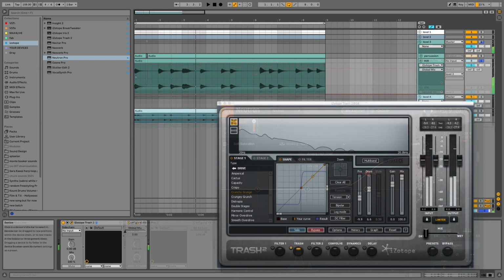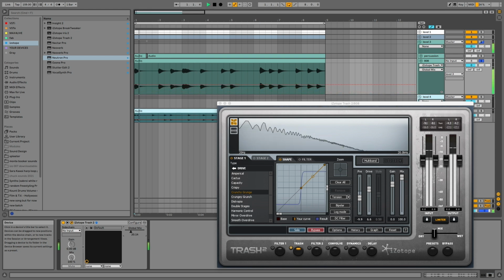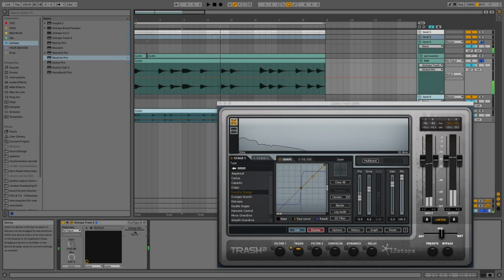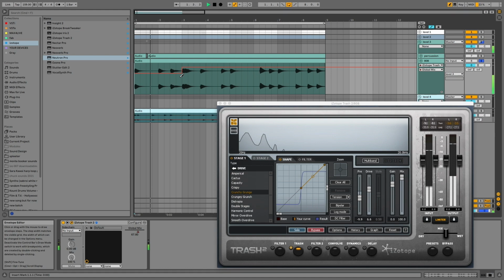The same idea applies to these 808s. I found a preset in Trash 2 called Crunchy Grunge that makes them pop. But for the notes that were already popping, it sounds too overwhelming. For a uniform distortion, I like to distort the lower notes more and the higher notes less. The higher notes should almost sound more pure, whereas the deeper ones need more overtones to stand out.